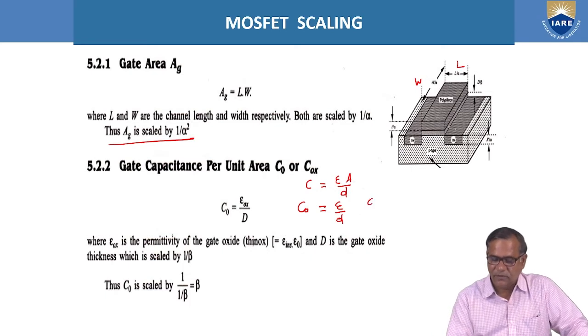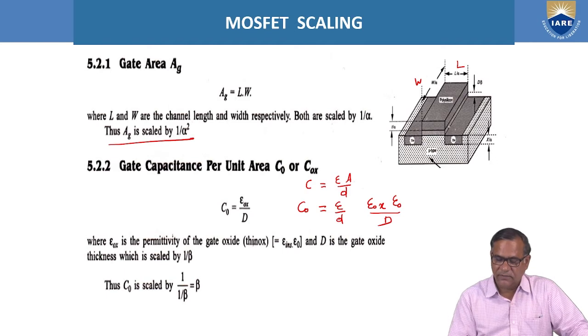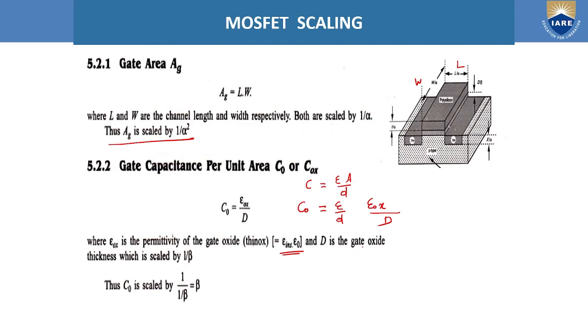Epsilon is equal to epsilon ox and epsilon naught, divided by D. So epsilon ox is the permittivity of the gate oxide, which is nothing but epsilon ins into epsilon naught. Epsilon ins is the permittivity of the thin oxide, and epsilon naught is the permittivity of the free